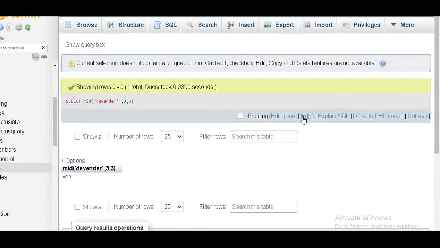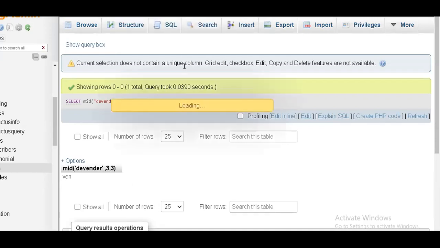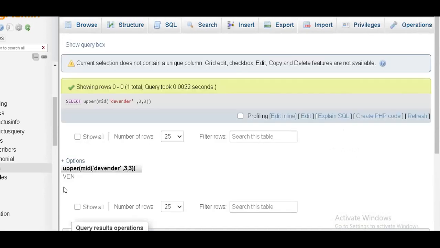Okay. Now, those who have computers, they can experiment with this. Now I'll be giving all the functions in a single way. So now see, I have this middle value. I want to make this into uppercase. So how will I do it? Upper, and I'll just close this. So immediately that word will be upper.